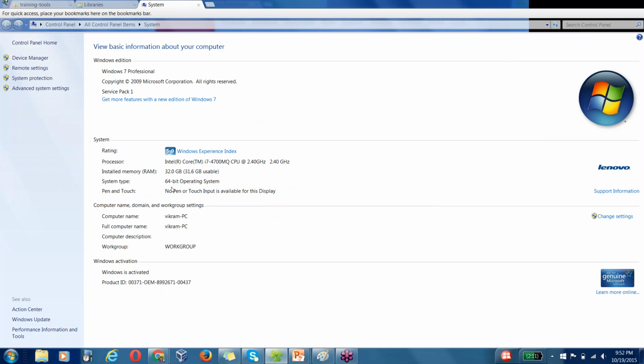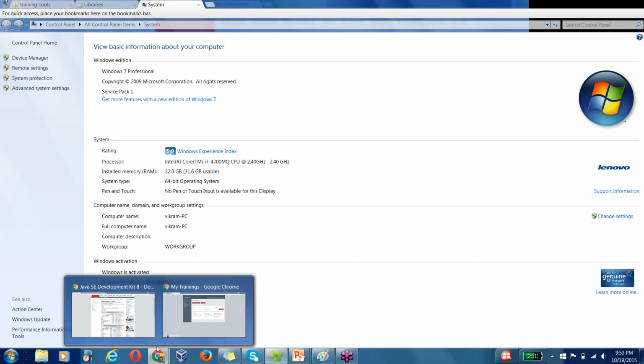This is very important. It is saying it is a 64-bit operating system, Windows 7 Professional. So you have to check whether it is a 64-bit or 32-bit operating system. Based on the type of your operating system, whether it is 32-bit or 64-bit, you have to download your